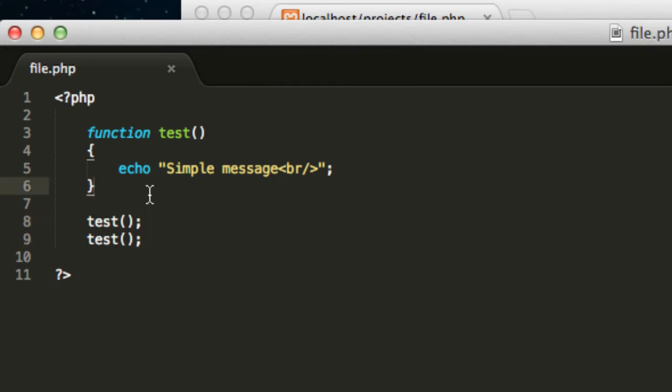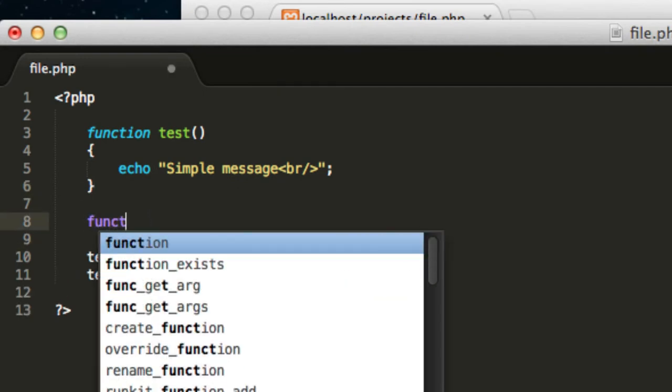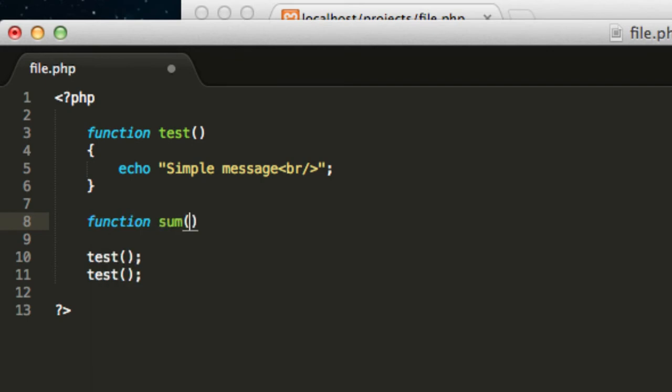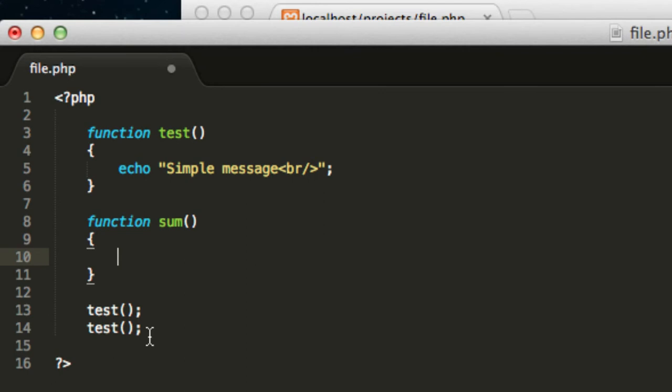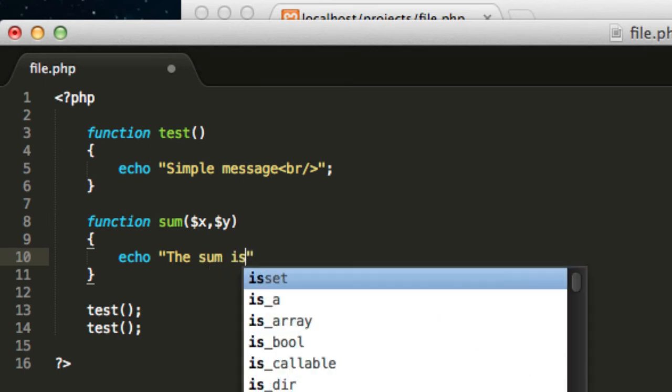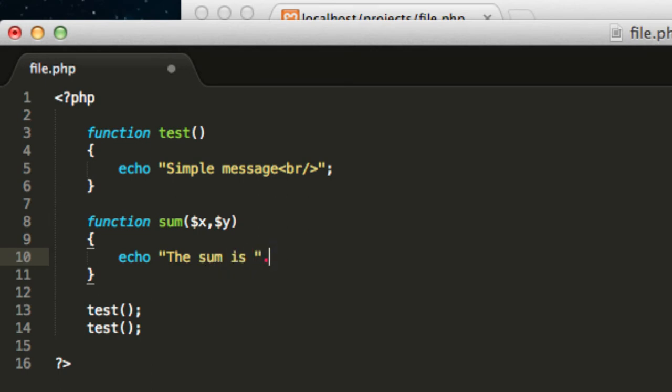You can also write more complex functions. For example, I will write a function called sum, and basically what I will do is sum two numbers. So I will use something called a parameter, and basically what you do is write in, for example, two variables x and y, and I will echo the sum of those variables. So I will write over here "The sum is", write a space, and concatenate the sum of x and y,